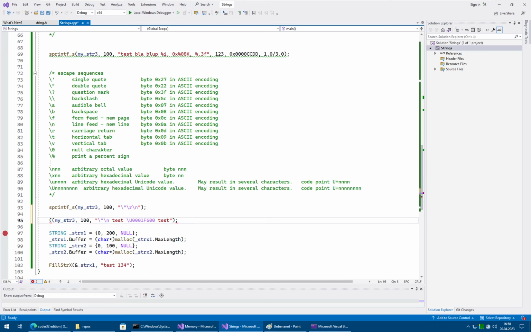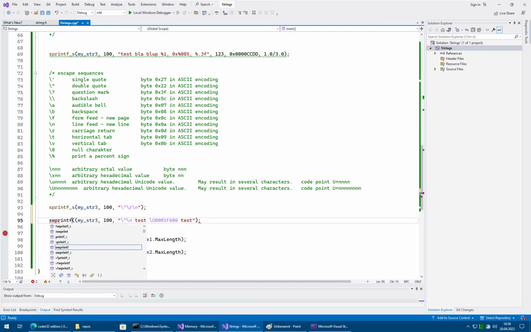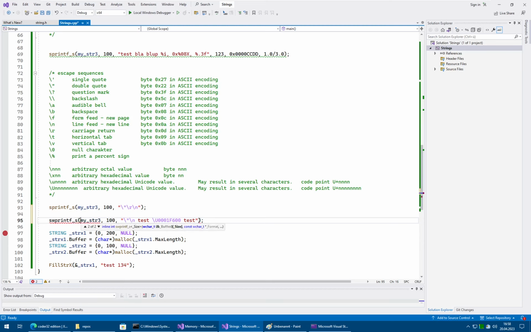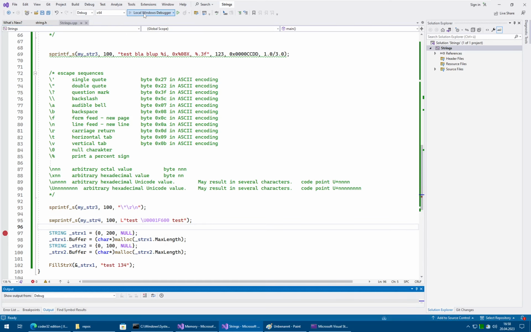What was the printf for SV? I think it was SV printf, and then the S version should be the safe one, yes. And we need string number 4, and this needs to be wide. But now we can actually put a Unicode character into the string without having our whole file be Unicode. So if we run this, you will see what